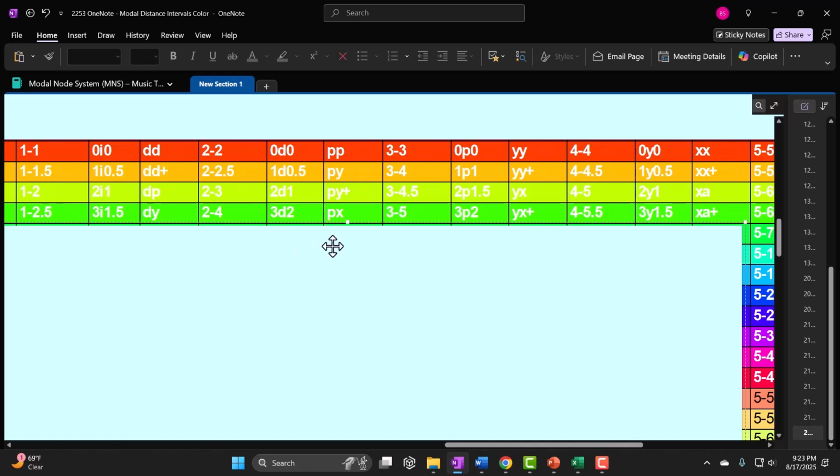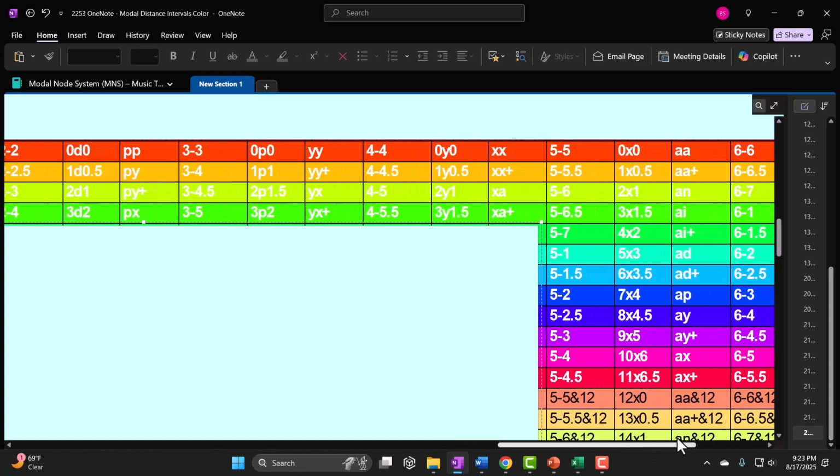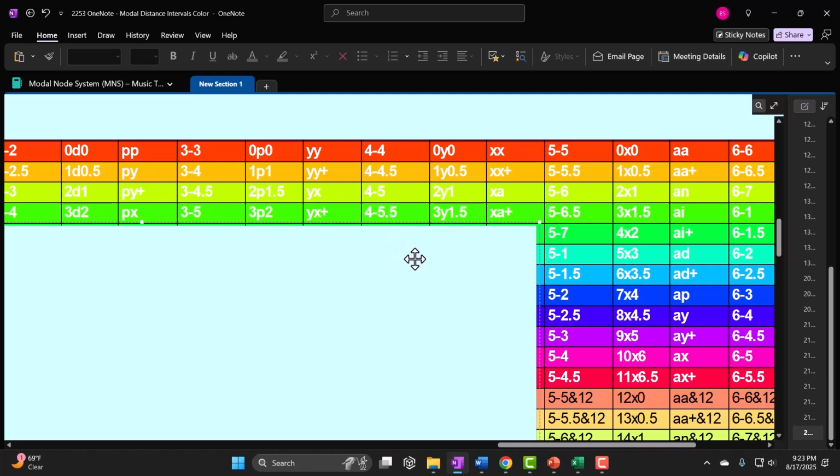So for the Phrygian, also a minor mode, it would be a px modal range, a 3-5 modal range, meaning we go 3 notes up from the Phrygian, 2 modal half steps up, which would be the third scale degree, a minor third. If we go from the Lydian, which is a major mode, we land in the ocean because we're going 3 notes up, or a minor third distance. That would be a YX plus modal range, or landing us in the Mixolydian Ocean. So it's going to be a 4 to a 4.5 modal range, 3 notes away from the Lydian, 1.5